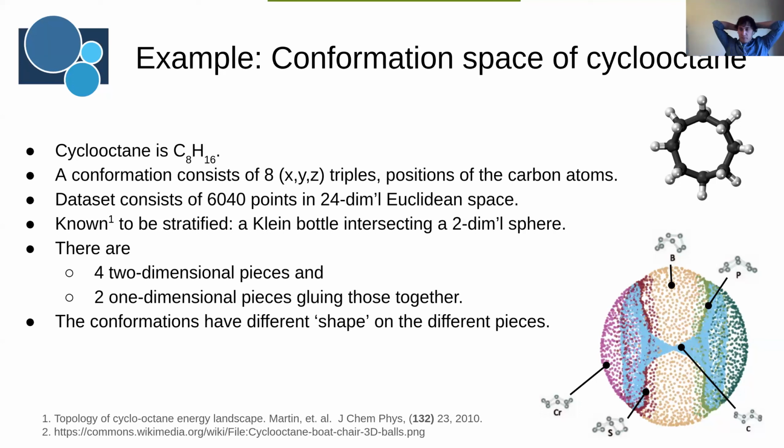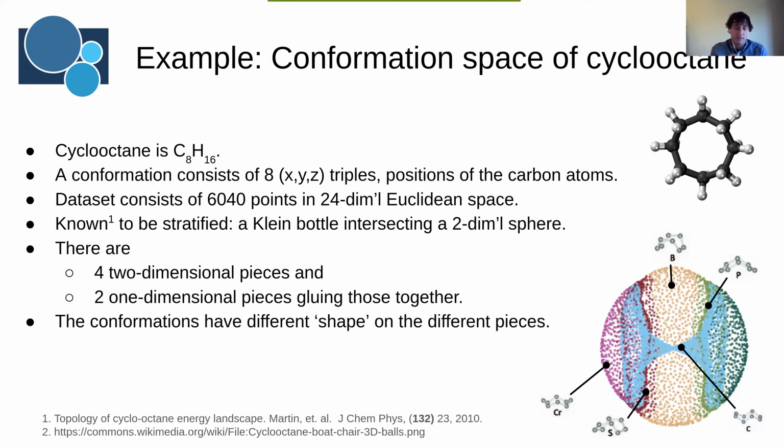Another example of us applying parallax comes from physical chemistry. So there's this pretty famous data set now called the conformation space of cyclooctane. What is all of this? If you don't care about physical chemistry, that's totally fine. What is a conformation? It's just an arrangement in space of the molecule. And it turns out here that we actually don't need to know anything about the positions of the hydrogen atoms. If you tell me the positions of the 8 carbon atoms, that's sufficient for me to pin down the conformation, how this molecule is sitting